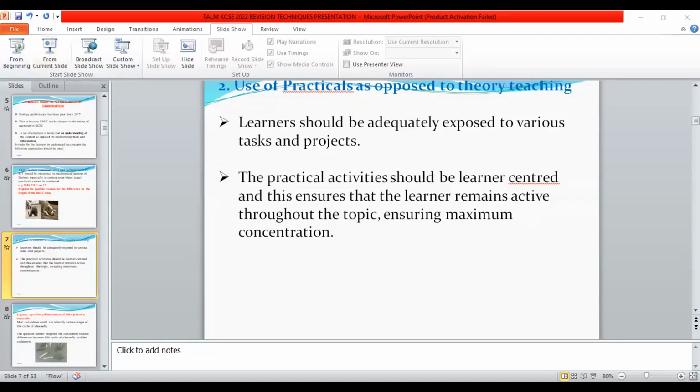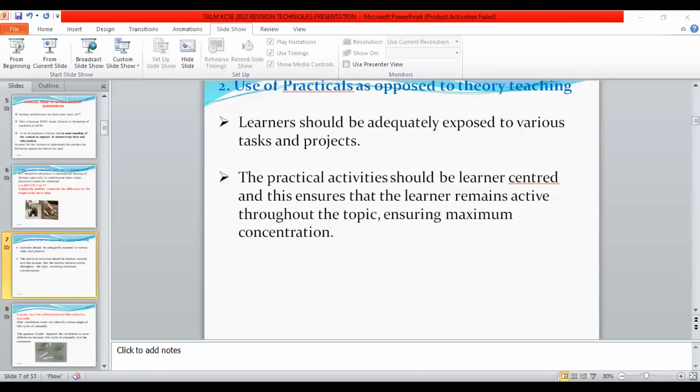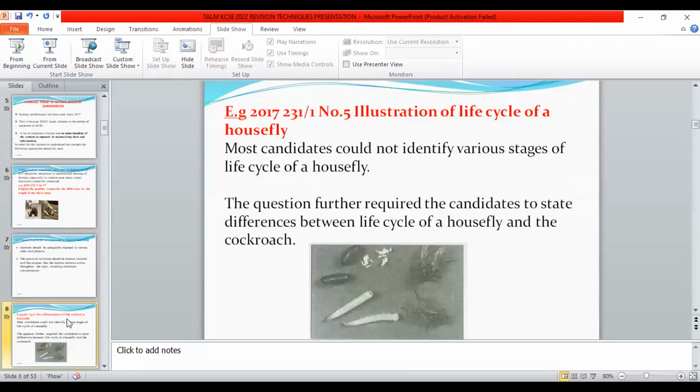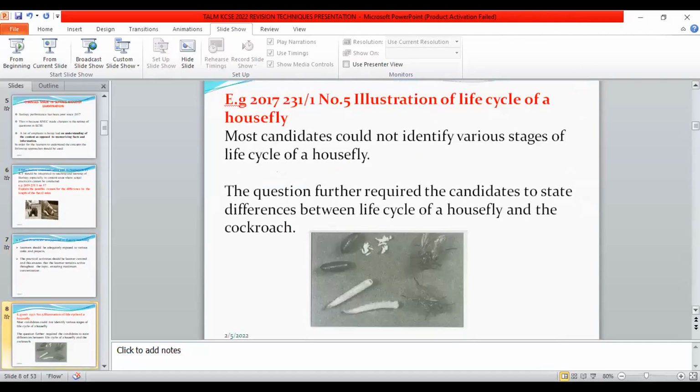Sorry for that interruption. So now we are saying that we teachers should organize practicals in order for our learners to be able to understand the content. When you look at that question, which was on the screen there, maybe you can move to the next screen, where we have a question that was set on the illustration of the life cycle of a housefly. I do not know how many of us as teachers have been able to carry out this activity. It is more or less a project on observing the various stages of metamorphosis of maybe an insect that undergoes complete metamorphosis,